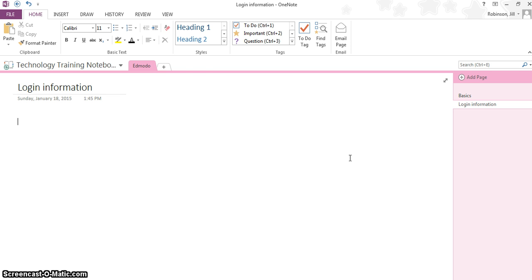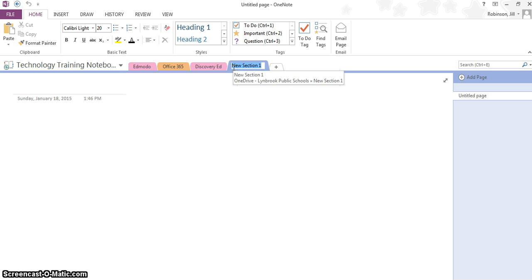Now let's say I want to create another section in my notebook, an entirely different topic. So we're going to click on Office 365. I now have another section. You can see it's going to also give you a different color coding for each of your sections to make them easier to find. And then I can start creating individual pages for this particular section in my notebook. I'm just going to create the rest of my sections right now. We'll call this Discovery Ed, and then we'll call this the Tim Tebow section. Even though it has nothing to do with technology, it's going to be an important section